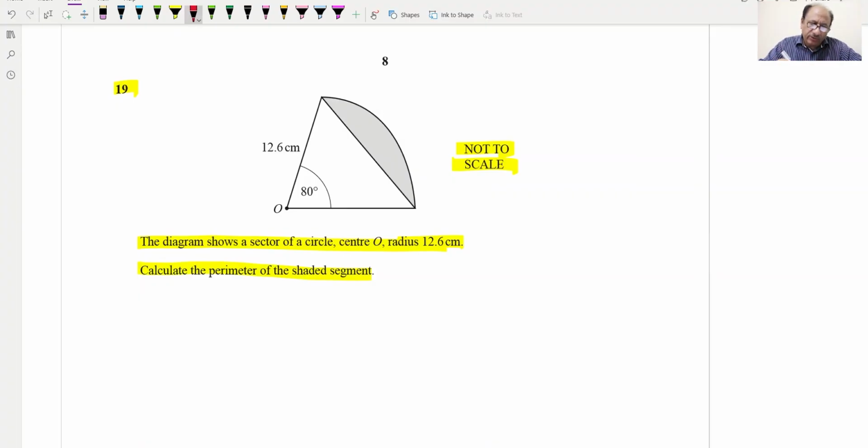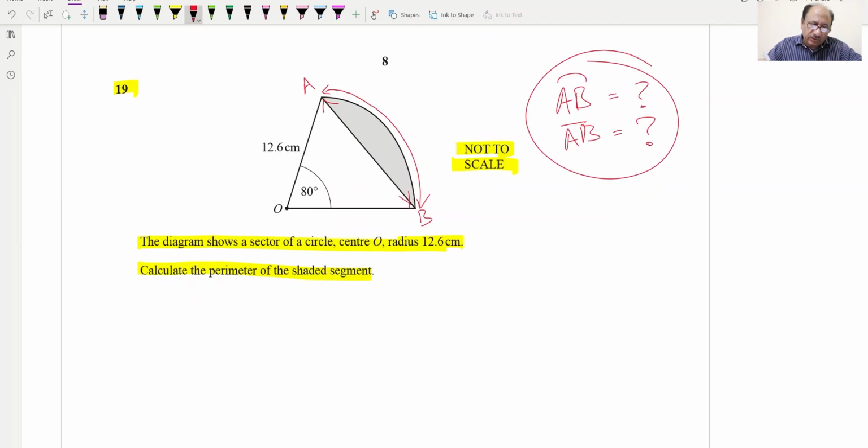Now for the perimeter we require two lengths. One, we require this arc length. If we name this one A and this one B, we require the arc length. And the second thing, we require the straight line distance AB. If we add these two pieces of information, we will get the perimeter of the shaded region. So to target